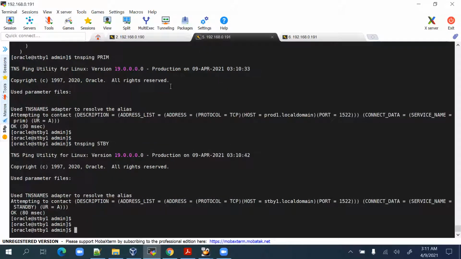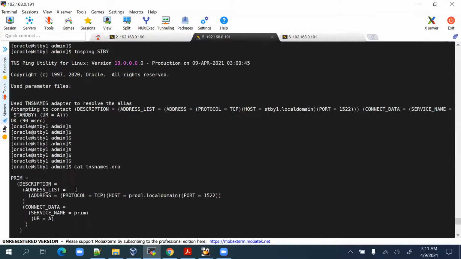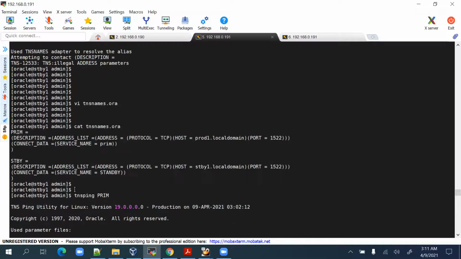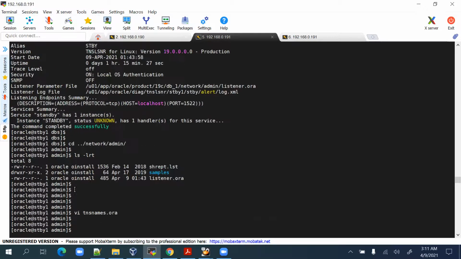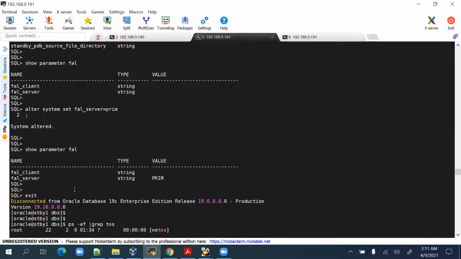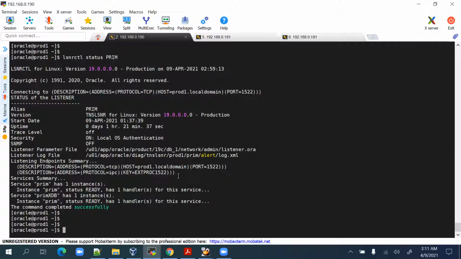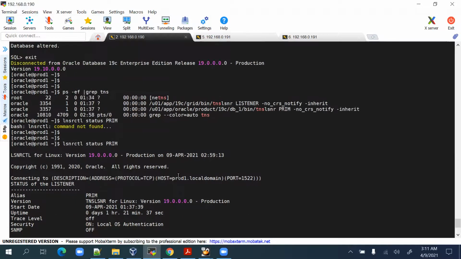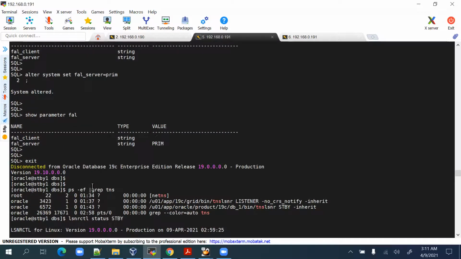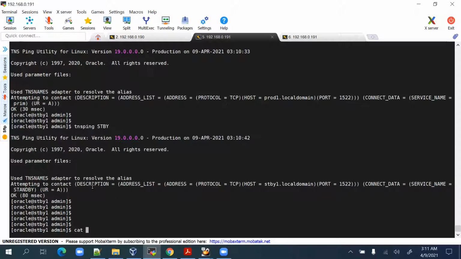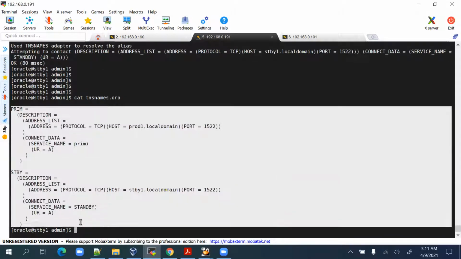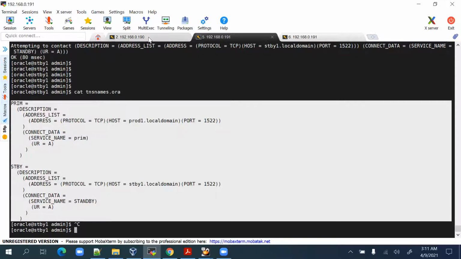and similarly, sorry, we have configured this on the standby site. Okay, now we have to modify the same thing on the production also. So we'll get this tnsnames.ora file, and we copy this entire entry, and we'll go to